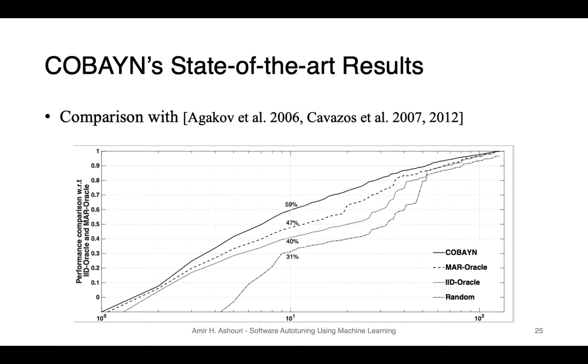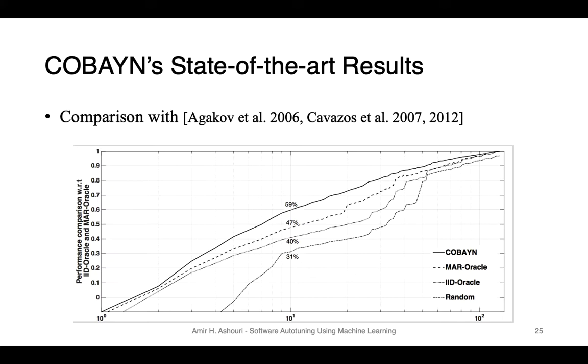Another comparison is with the work of COBAYN. This is actually the most cited paper of the field, and the other two were the other two models here. COBAYN could outperform those state-of-the-art papers by a margin of around 10%. The results are in logarithmic scale, so you can see the expansion. We both extracted 10 times, so we predicted 10 times from each of those distributions: COBAYN, the Markov Oracle, IID, and random, and these are the comparisons made at the point of 10.